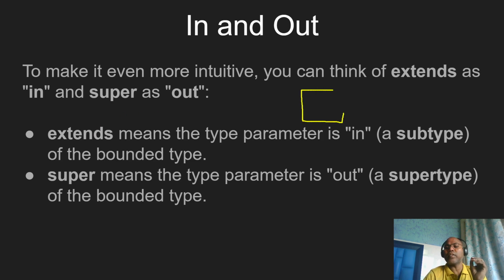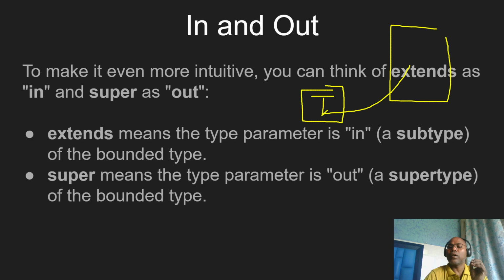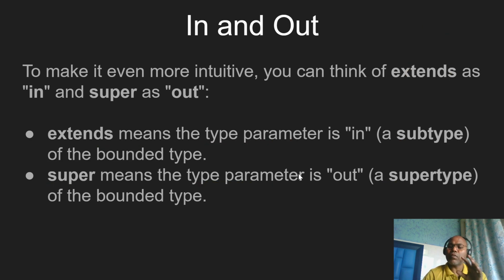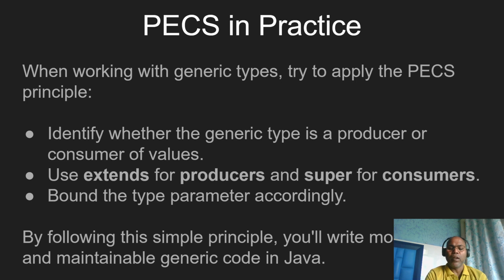Whatever types you are defining, and whatever class these types go to, if they are going to produce, that means this is the in, that means this is the extend. These are the subtypes. Similarly, super means out. That is a super type. So you can visualize in as subtypes, out as super types. This is a different view. Some will say in and out, but producers and consumers is very simple, whichever way you visualize.